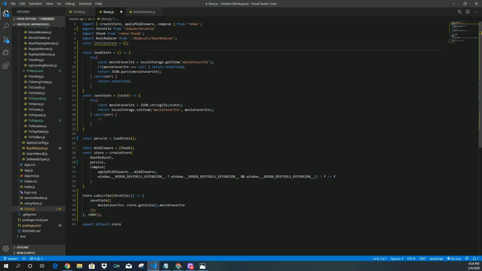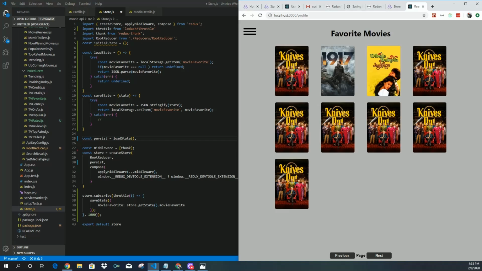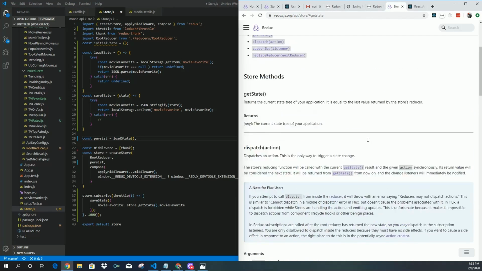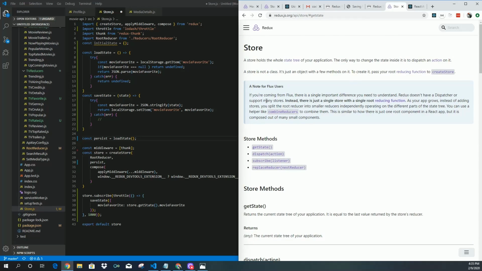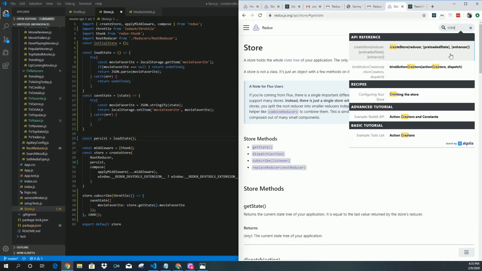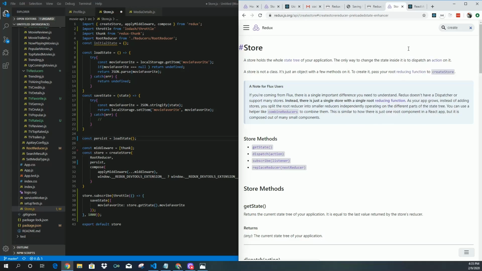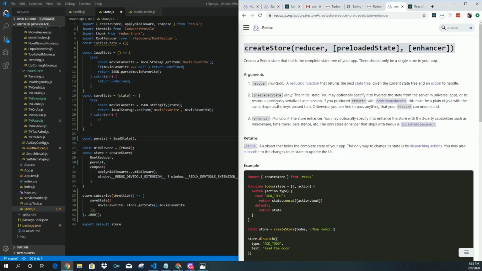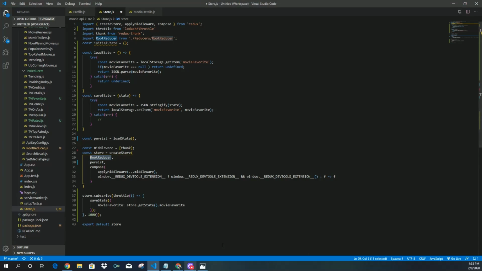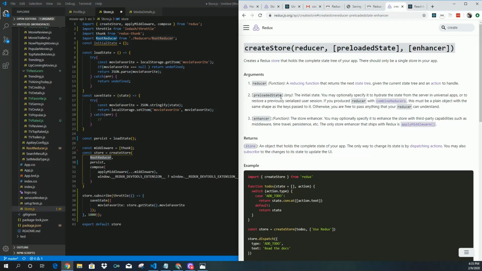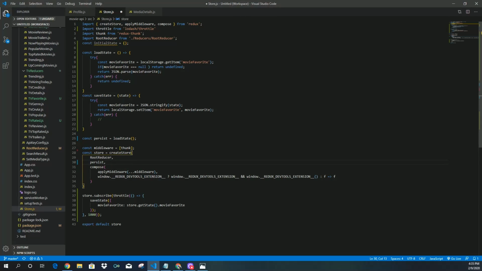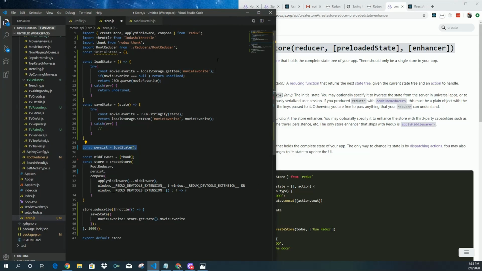Now the load state, we want to save it in a variable here, so we save whatever it returns into persist. Now if you're familiar with Redux and creating the store, I had this loaded here, but if we createStore, it takes in three different arguments. Your reducer, which is our root reducer, and the preloaded state, if any. This is where, when we load state, we want to have our preloaded reducers